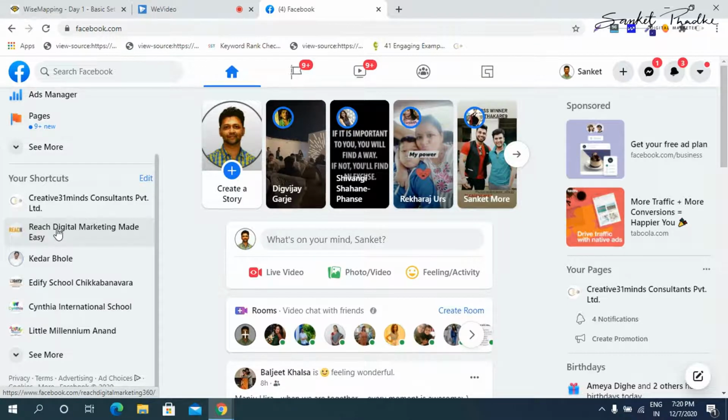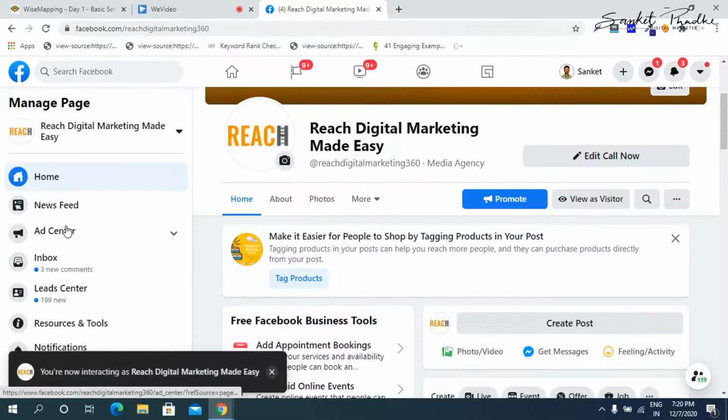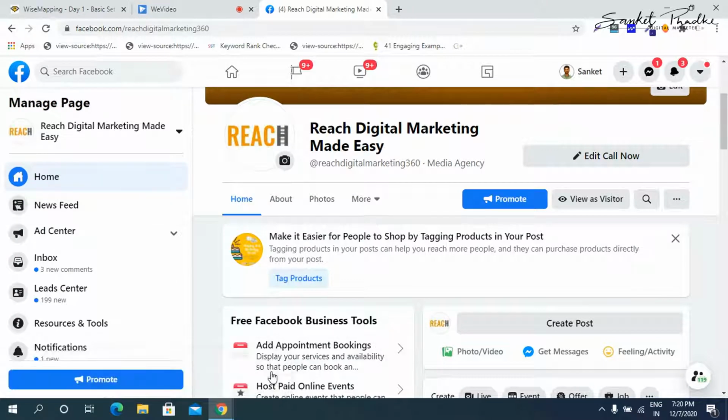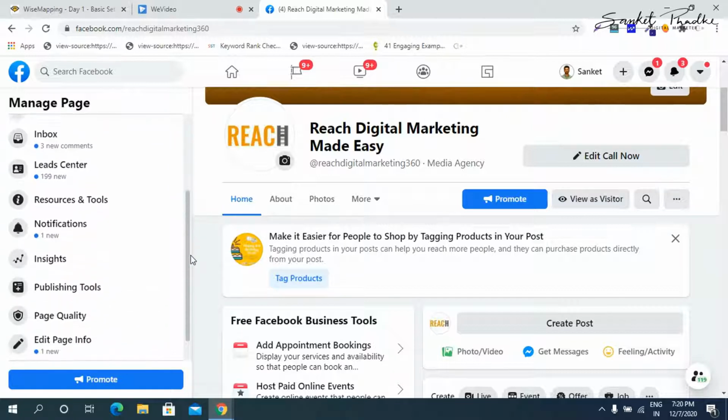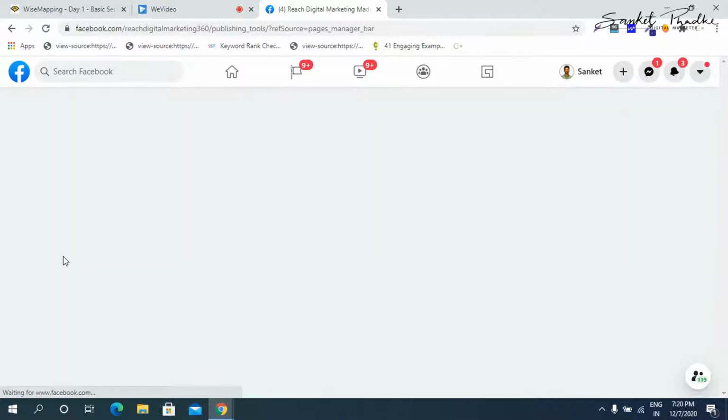Okay, so I'm going to click open that page. In your case, you can click on the page that you have created for your brand. Now, once you are on the page, you will see there are multiple options here. So scroll down and go to publishing tools. Okay, click on publishing tools.